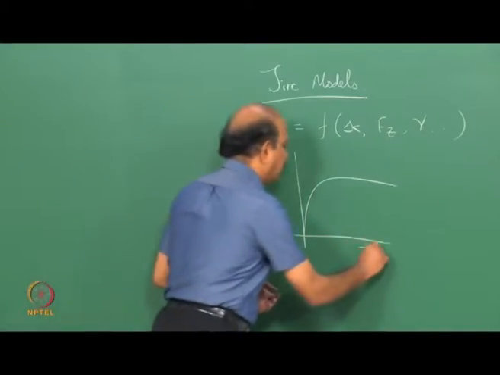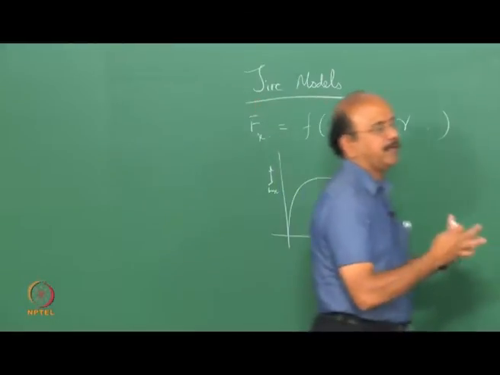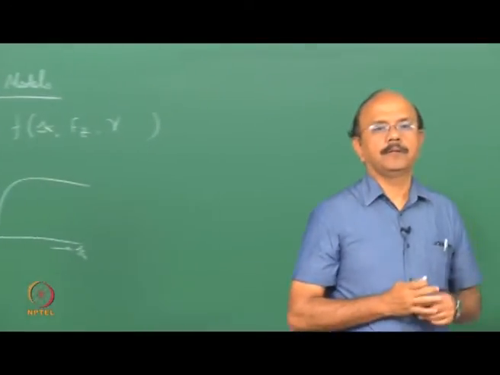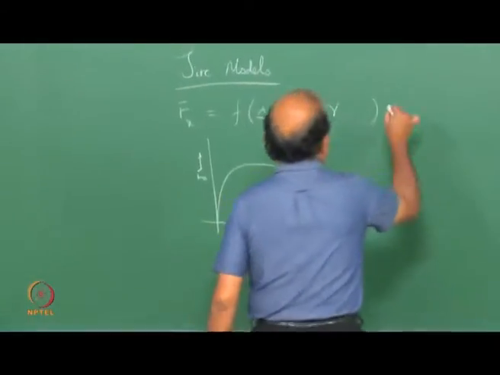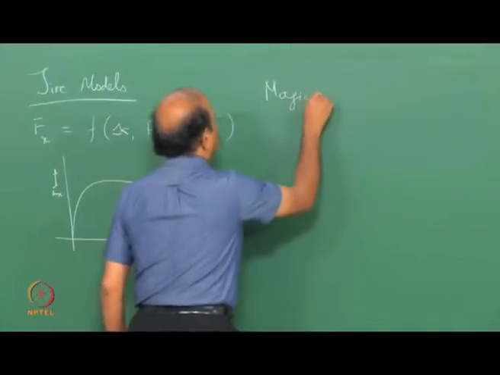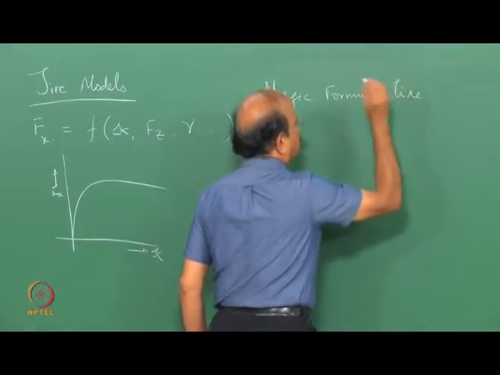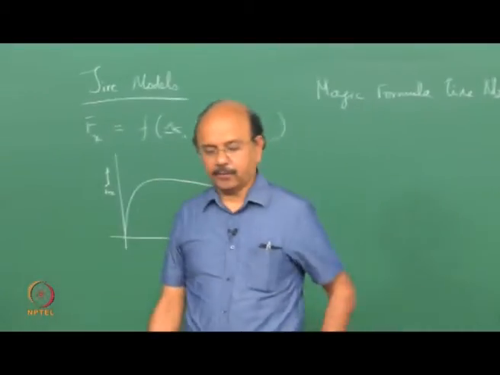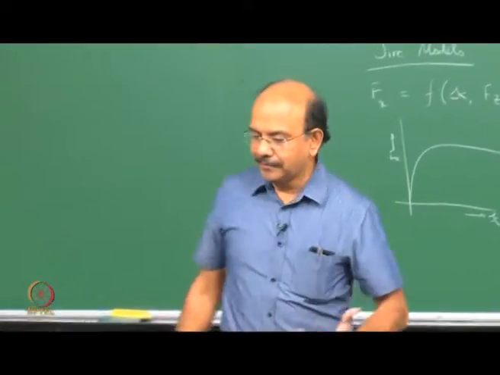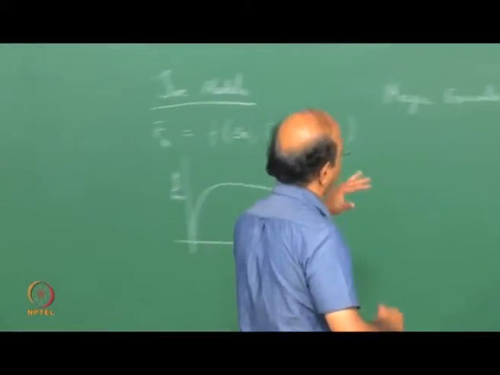For example, it can be kappa versus Fx, and then fit an equation to this curve. The foremost tire model used extensively by people is what is called the magic formula tire model. You can use TI or TY or whatever you want, but the magic formula tire model is one of the most important models used today